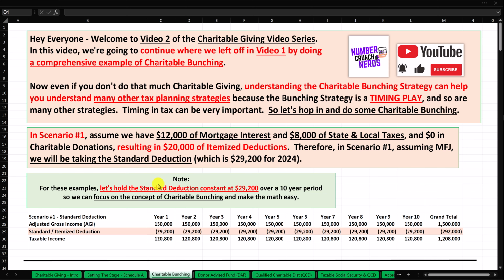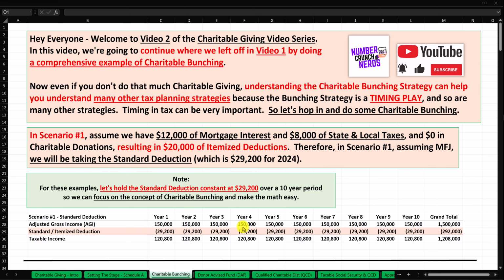2024. And also note that for all of the examples that we're about to go through, let's hold the standard deduction constant at $29,200 over a 10-year period, so we can focus on the concept of charitable bunching and make the math easy. So in scenario number 1 with the standard deduction, we're going to assume an adjusted gross income AGI of